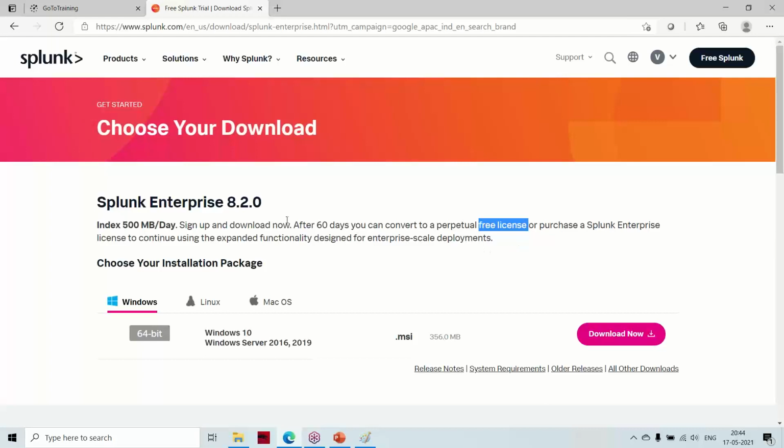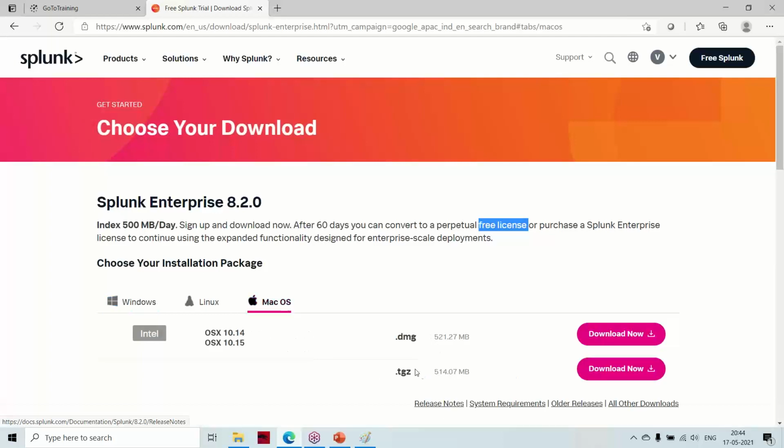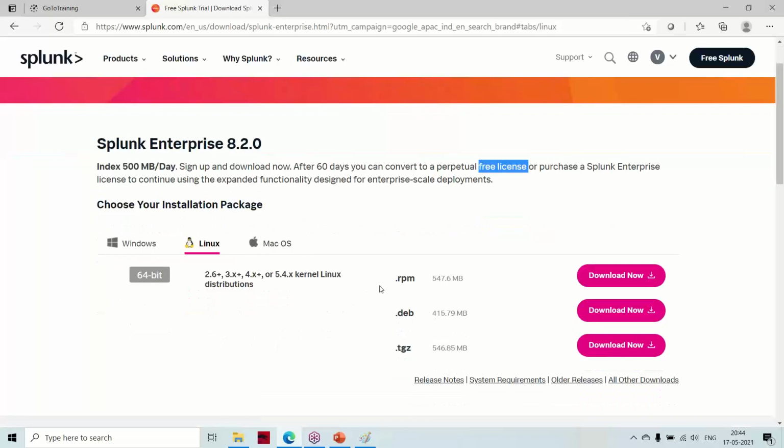Okay, and the server edition you will have only three platforms. You can install it on Windows Server 16 and 19, or on Mac. And in Linux, it is supported in three versions. One is RPM for Red Hat. This is the Debian package for Ubuntu and Debian operating systems, and this is the generic one.